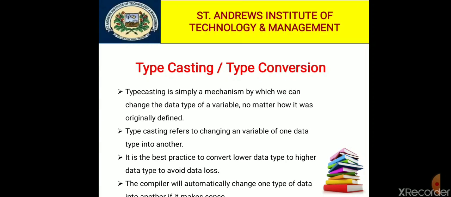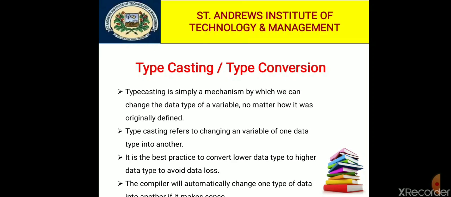It is the best practice to convert a lower data type to a higher data type to avoid data loss. For example, if you want to store a long value into a simple integer, then you can typecast long to int,